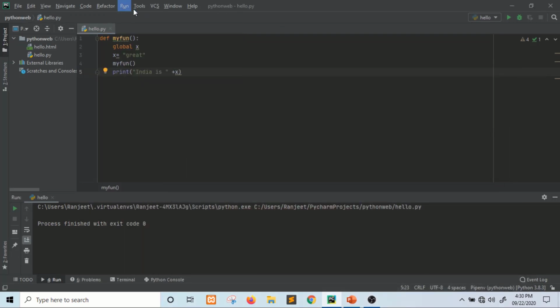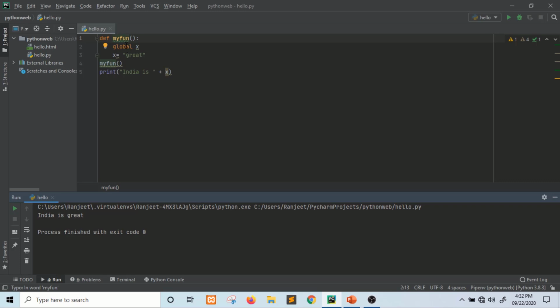Now run this program. Now you can see that, right? That was the indentation actually. So you can see that the print output is India is great. Right, so here x is working as a global variable.